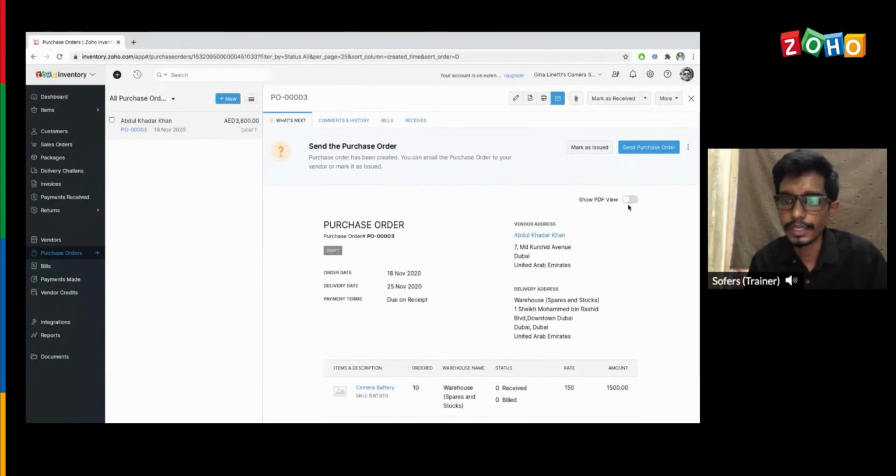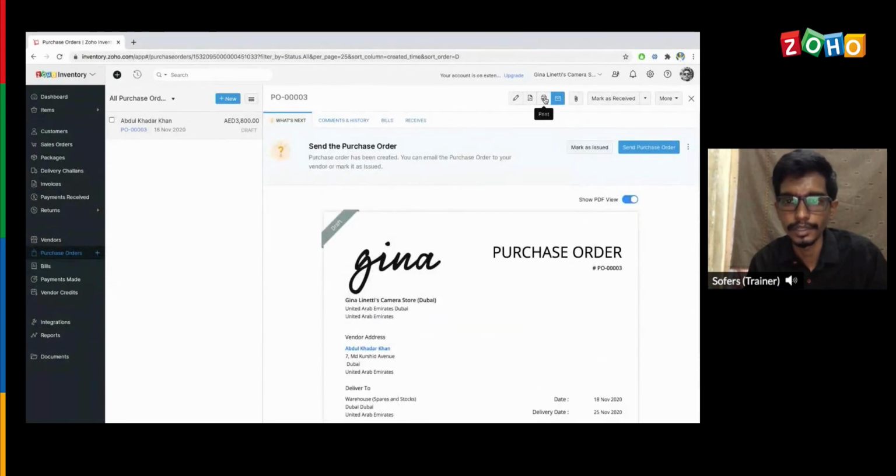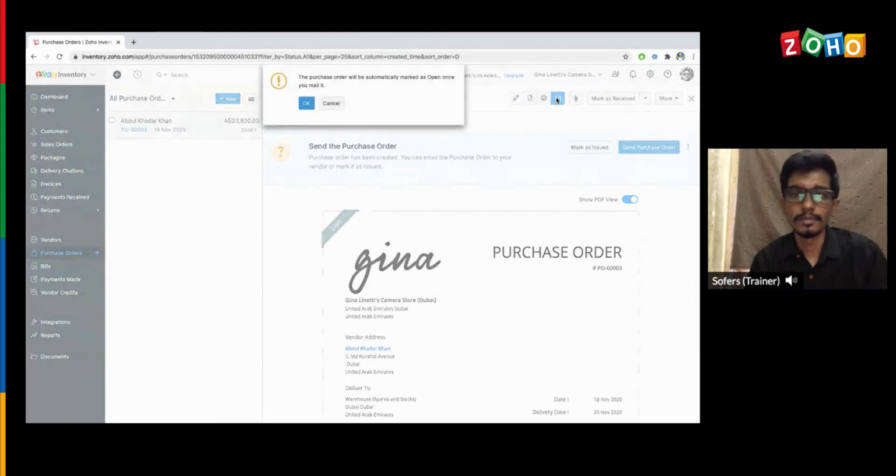So to view the PDF view, you can just toggle it. So this is how it would appear. You can take a printout. So if you have a printer connected to your computer, you can just take a physical hard copy of this. Or maybe if you want to send this over as an email, you can even click on the email button